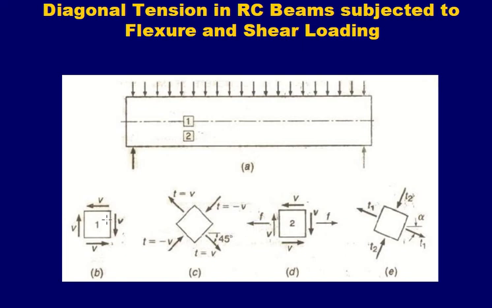In the case of pure shear, it was known that it is exactly 45 degrees, but when you are moving away from the neutral axis upward or downward, then this angle is different. It is not exactly 45 degrees. Okay,